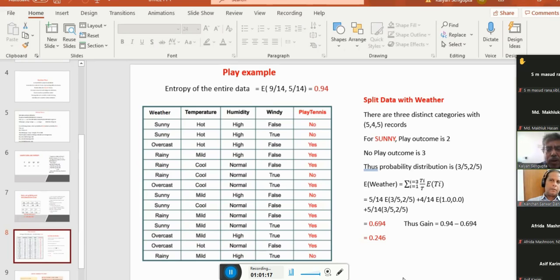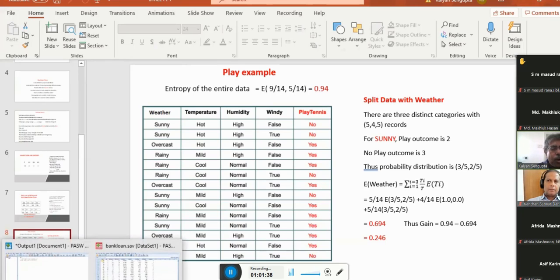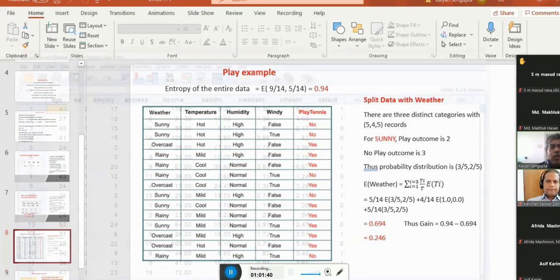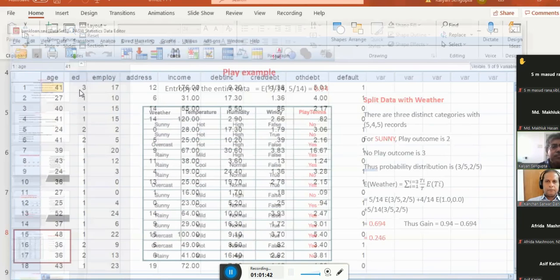But normally you cannot split into very homogeneous, 100% right baskets. There might be some error in any real life situation. There is some error, but you can minimize the error with the help of this tree.